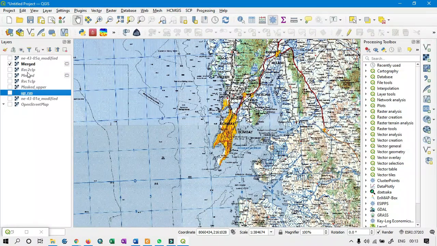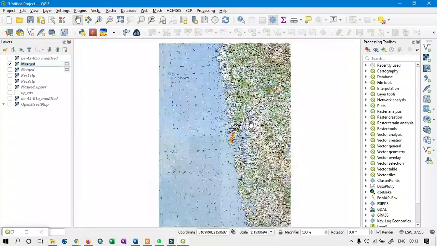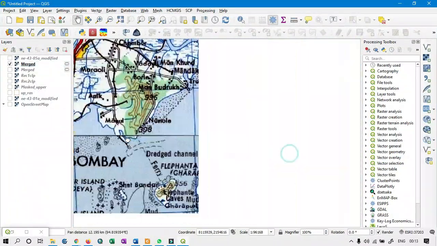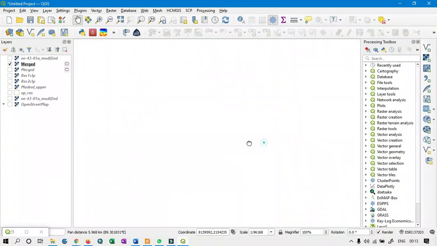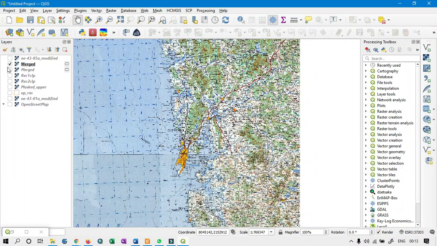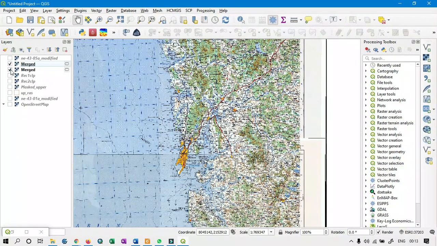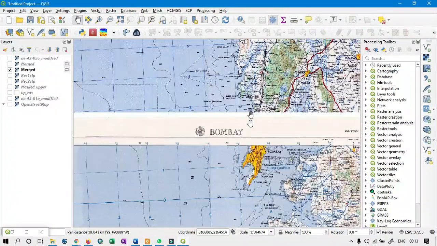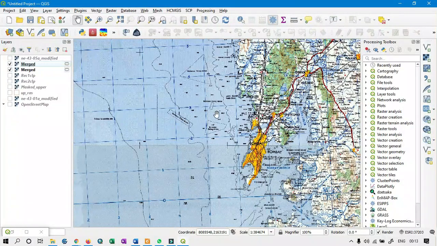So now you see these images are perfectly aligned with each other, and we actually have a continuous image. But if you see the earlier merged image, where we have the gap between these two images, the new merged image eliminates this gap and we have a continuous map.